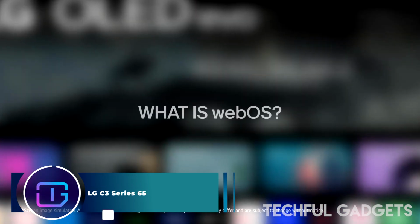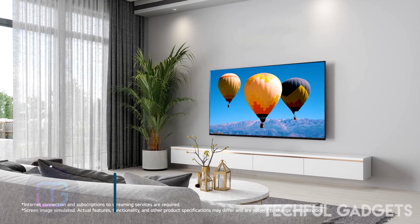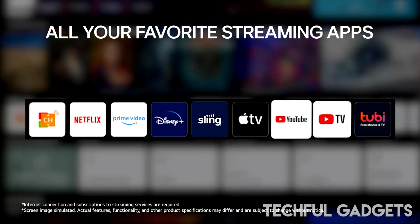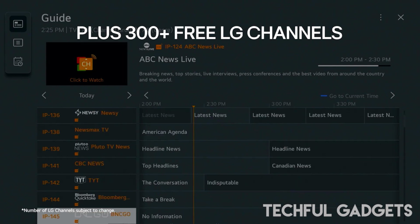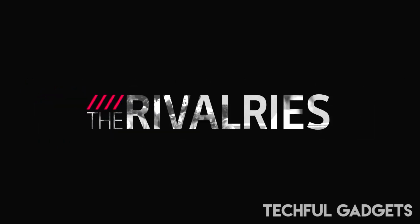LG C3 Series 65. The LG OLED Evo with the A9 AI processor Gen 6 sounds impressive. The combination of OLED technology and the AI-powered processor seems to enhance both picture quality and performance significantly. The brightness booster feature addressing luminosity and contrast in well-lit environments is particularly noteworthy, ensuring a clear viewing experience across